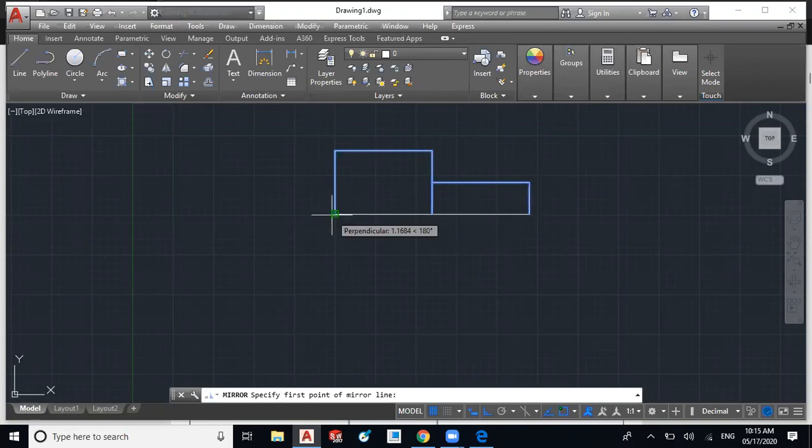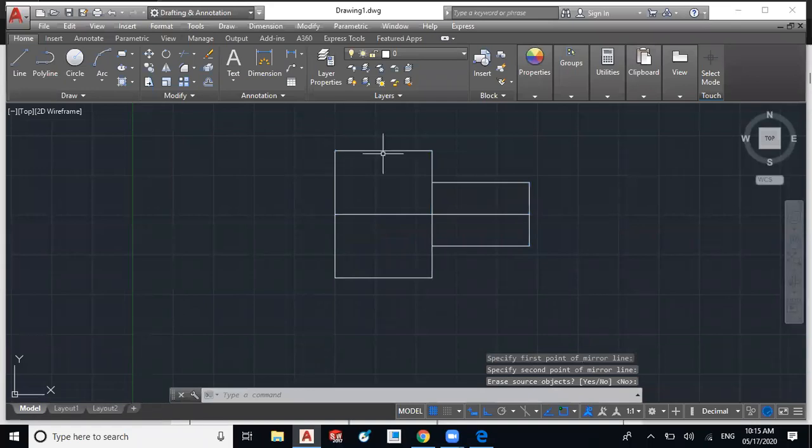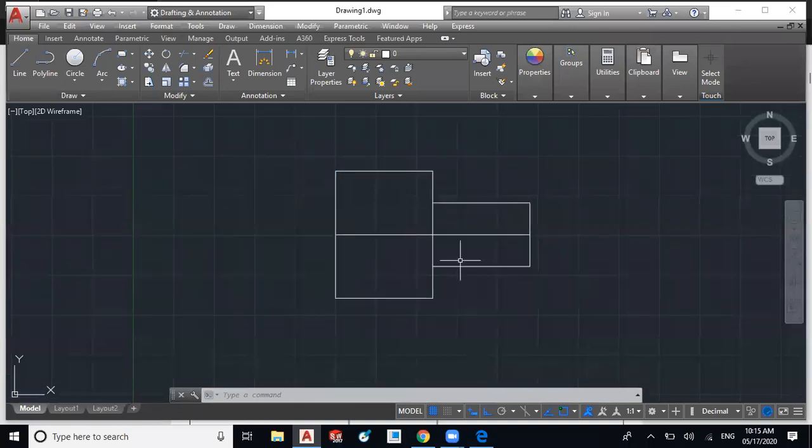I have to use this center line as the mirror line. So I will select the start point of this center line and the end point of the line. Then I have to press enter. Okay, so you will get the mirror image of that upper half portion below the horizontal line. So this is the mirror command, and we have used line and mirror to complete this first example.